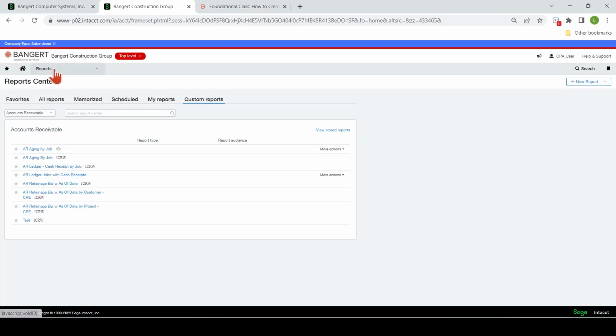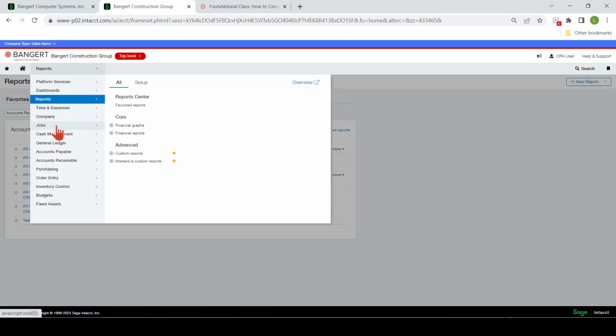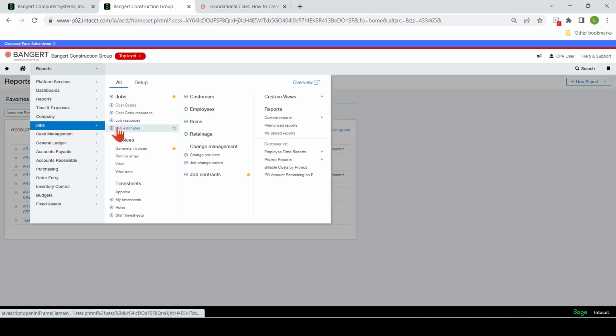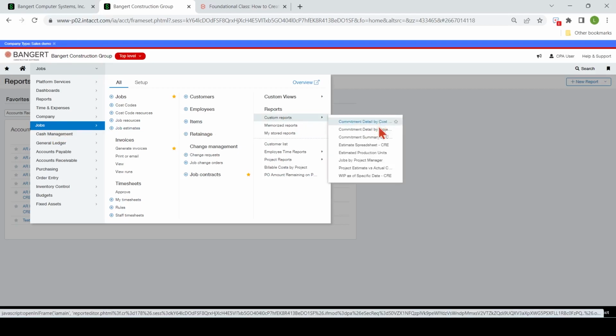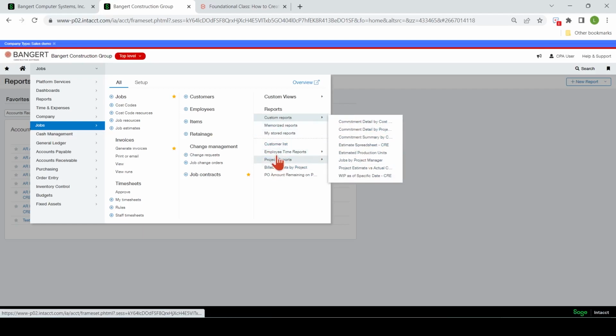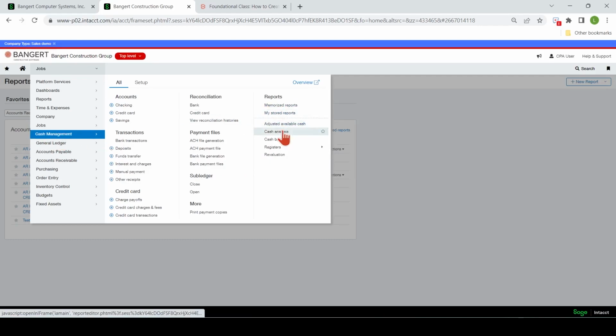Also inside each module or area, there is a report menu here that has your custom reports listed, and there are some more common reports below. So reports, and then anything underneath it in a lowercase, smaller font has to do with this reports area. I'll go to a different one here and you can see it's the same layout.